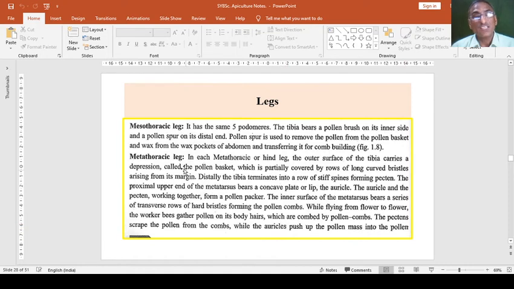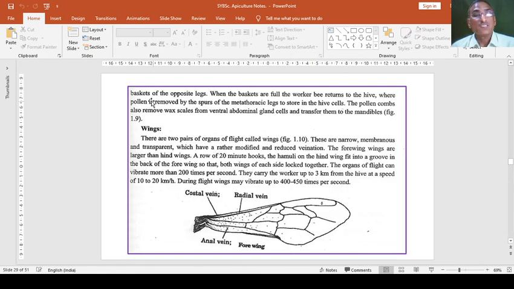And in this way, this metathoracic leg plays a key role in gathering the pollens from flower to flower, combing it with the help of the pecten and auricle into the pollen basket, and collecting it and bringing it to the hive. So these pollen baskets collect the pollens, and when the baskets are full, the worker bees